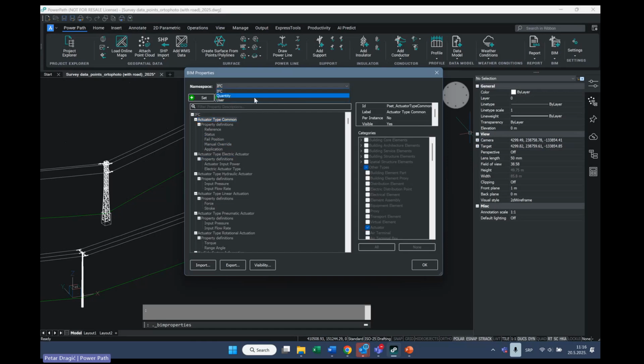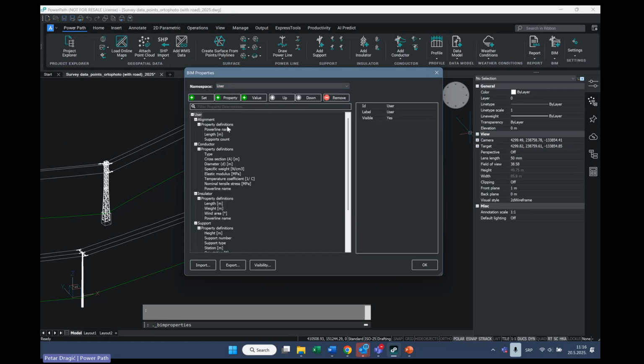It is the same for quantity, but if you go to user, you will see that here you have predefined property sets for the elements that I already added on our power lines, and here you can manage them. For example, if I go here on alignment, you will see that the property set is defined as alignment, and the BIM attributes are defined as power line name, length, and supports count.